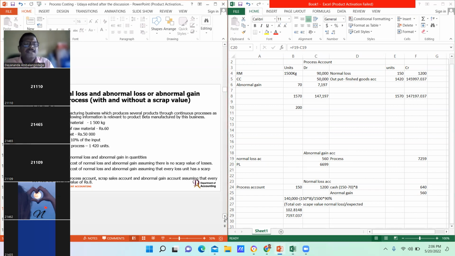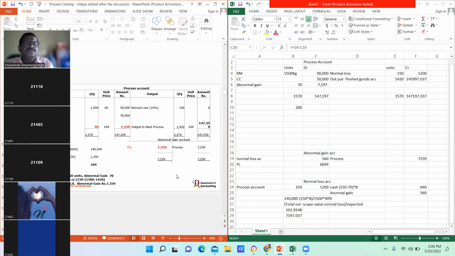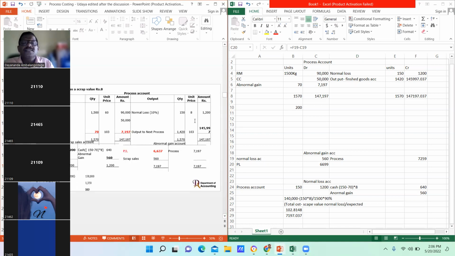Okay, shall we continue? Now that is the answer. This is the answer for the first scenario. This is the answer for the second scenario just completed. Okay. Any question? If you have, I can